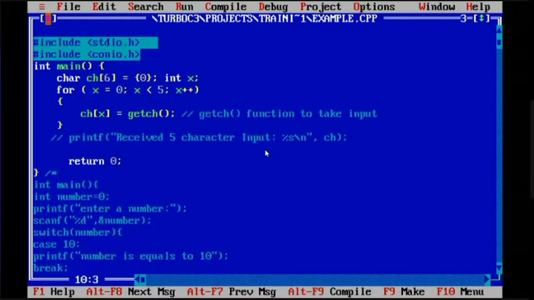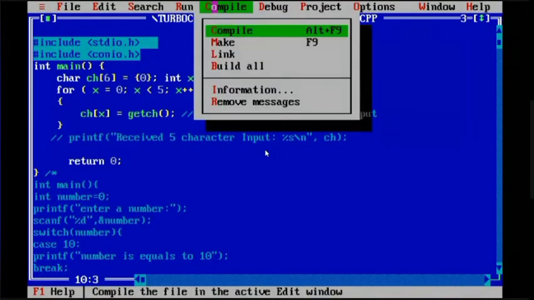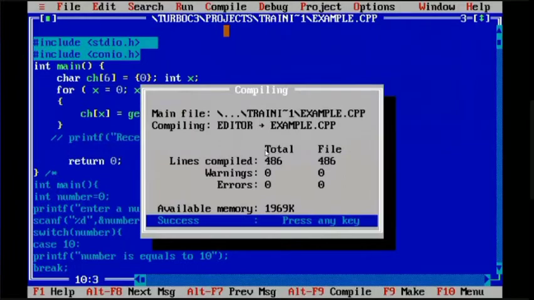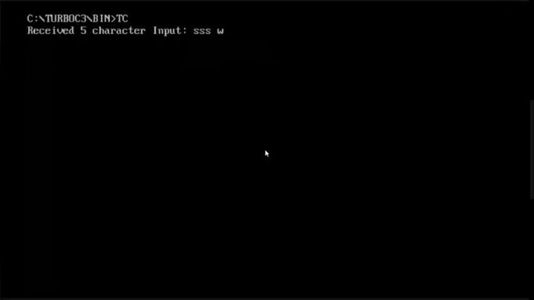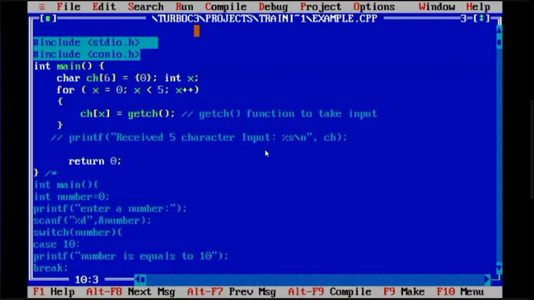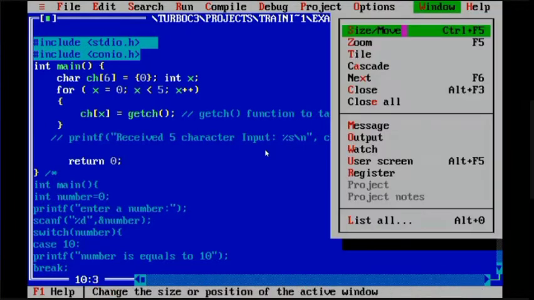But you see one thing here. Again, I am compiling the program. I am running the program. Now see here. Can you see anything I am typing? Could you see anything?